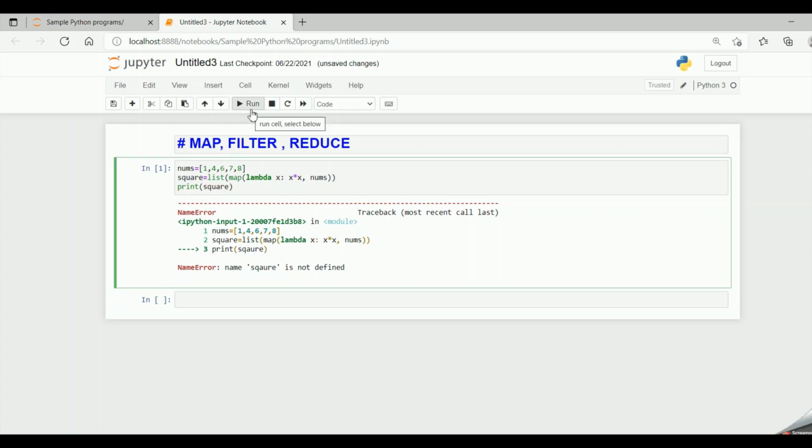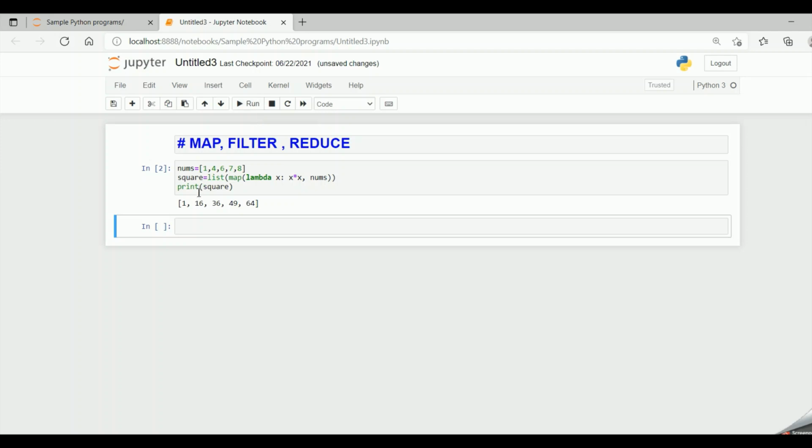Now when I run the code, I get the output 1 to the power of 1 is 1, 4 to the power of 4 is 16, 6 to the power of 6 is 36, 7 to the power of 7 is 49, 8 to the power of 8 is 64. So we can pass the iterable and find out the square of each item in the iterable. This is how the map function works in Python.